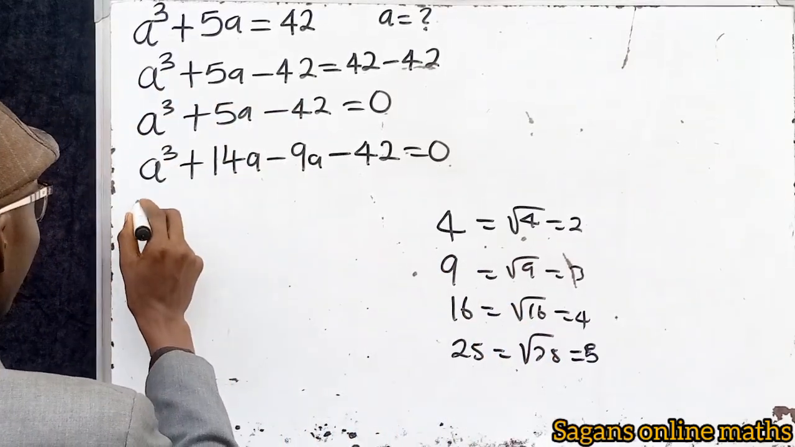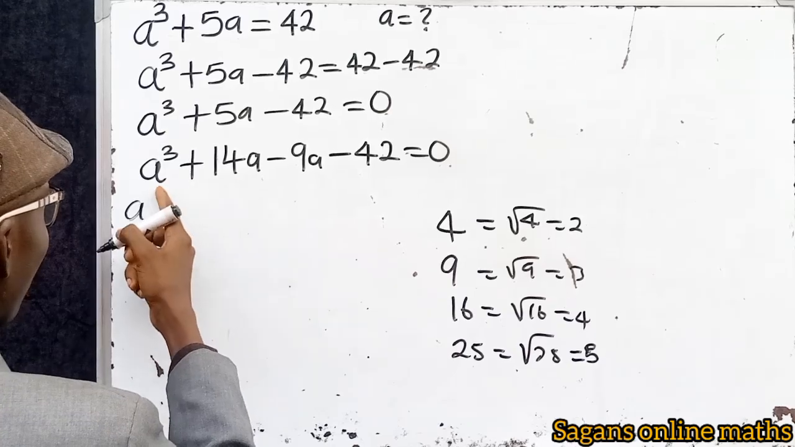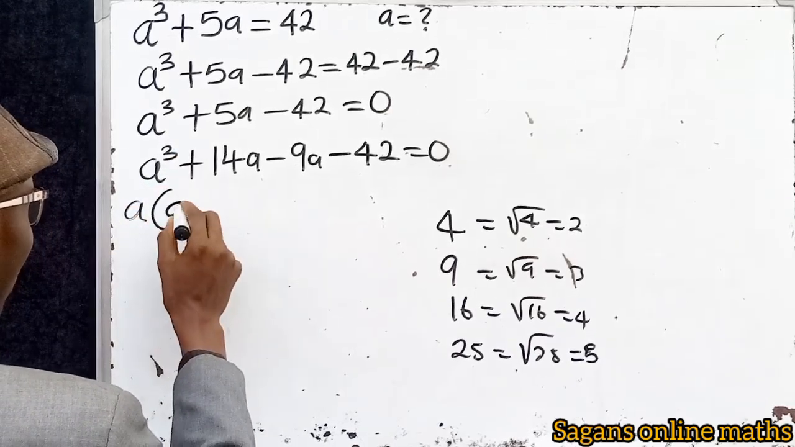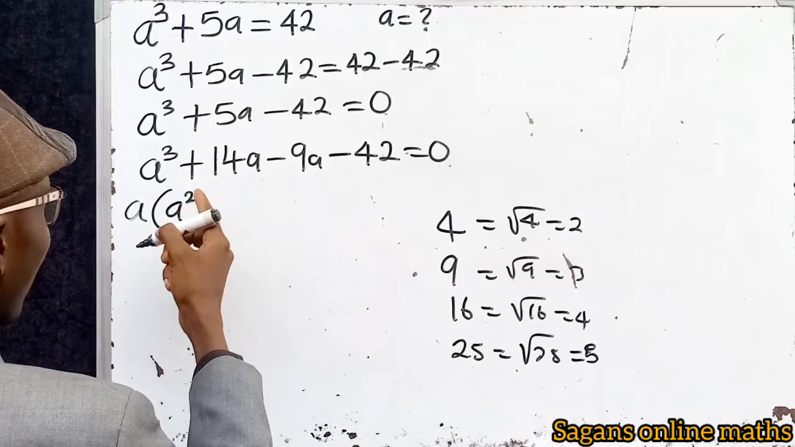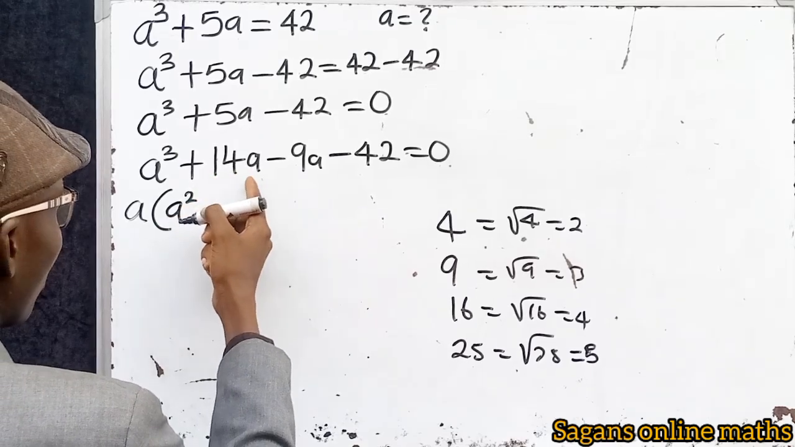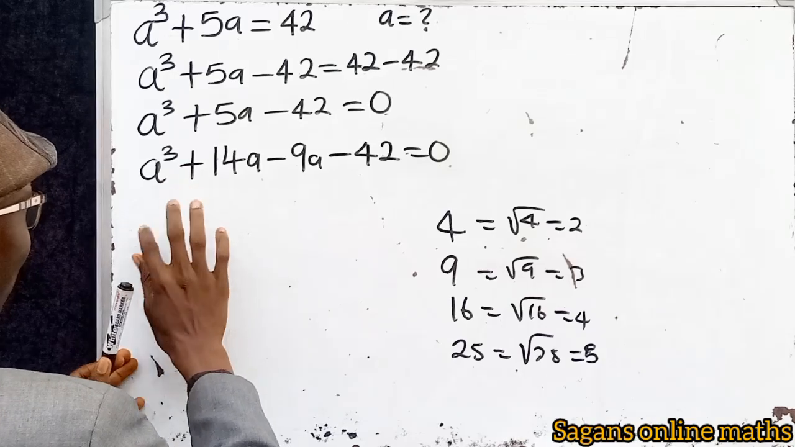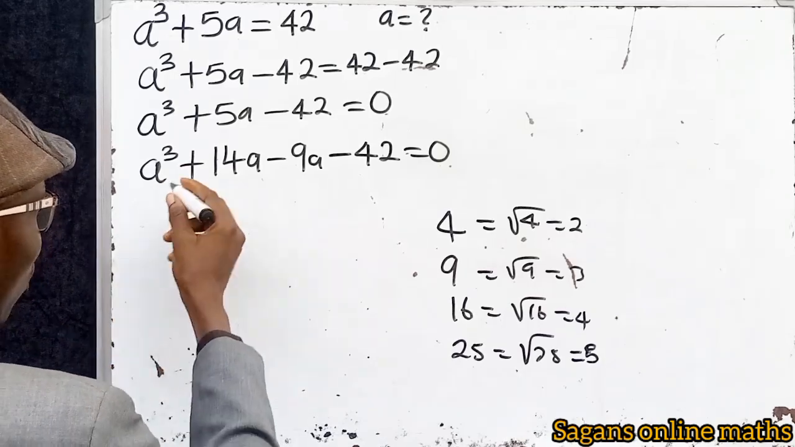What is common here is a. From these two, a is common. So I factorize a. A to the power of 3 divided by a will give me a squared. But wait, we can do something very interesting, because there's something we are looking for. You can also write it as